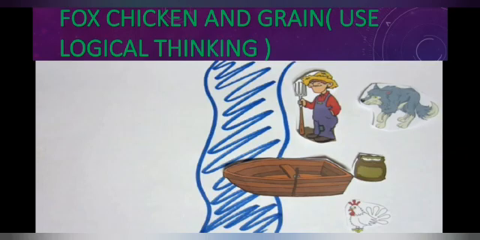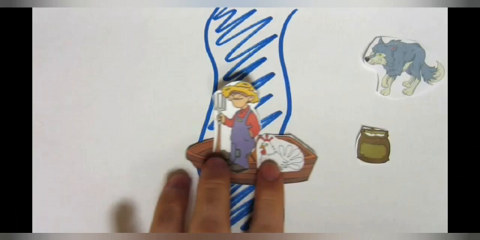Let's enjoy one more problem to solve. This problem is very interesting to solve. In this problem, you have to analyze your goal, information, condition and finally you have to give the reason and solution. Here the problem is: a farmer must get his fox, chicken and grains across a river in a boat. A boat can only hold him and one other thing.